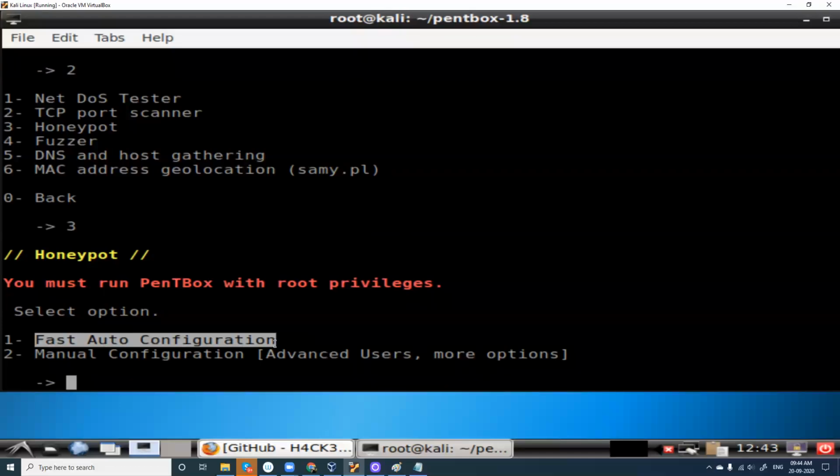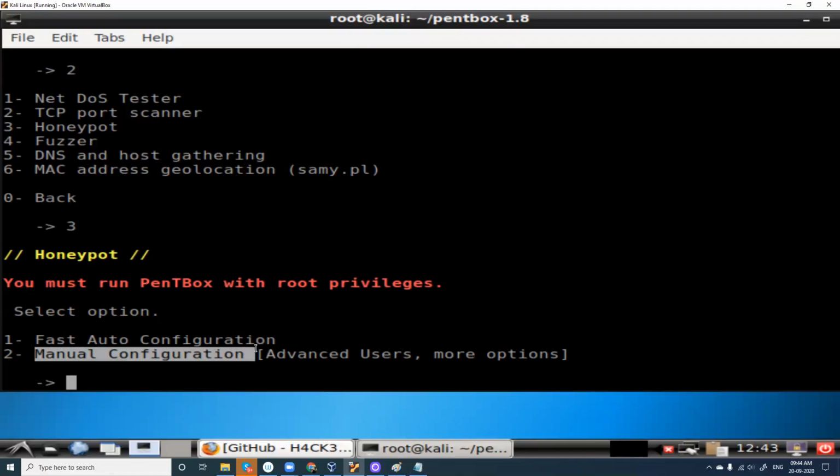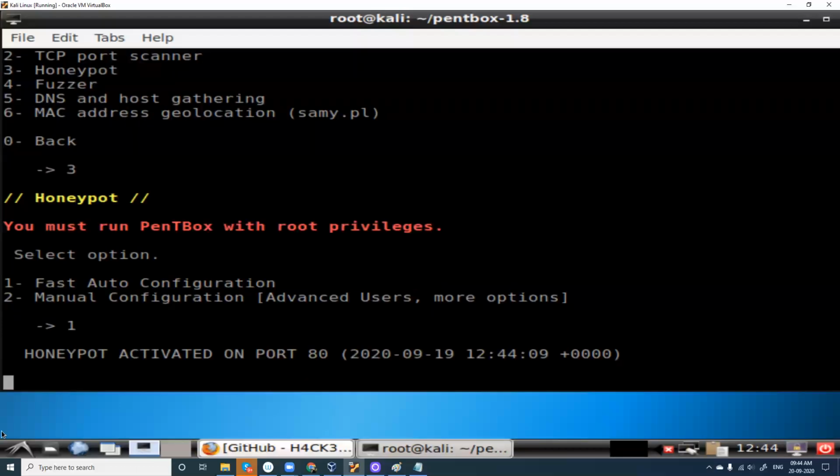In case you have any specific port which you want to open, you can go for manual configuration, where it will ask what is your port number, and do you want to open this port? Yes, no, simple configuration. So for our understanding, we'll go with the first option. 1, enter. See, now honeypot is activated on port number 80, and it is waiting.